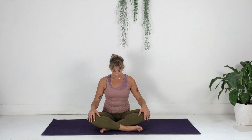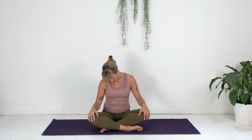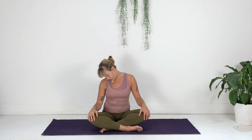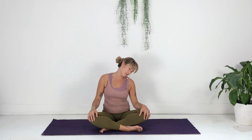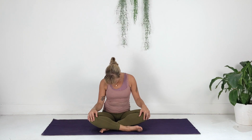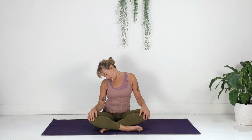We'll draw the chin right down to the chest. And we'll just make slight little movements with the forehead, feeling that stretch traveling across the top of the neck. Really important to warm up the neck fully and just check in with how the neck is today before we practice any sort of tripod headstand. Keep the breath the same as you make the movement slightly larger and larger. Good, and then we'll pause in the center and lift up the chin,